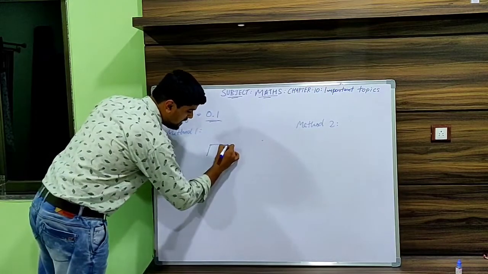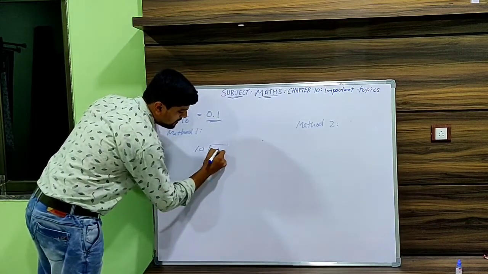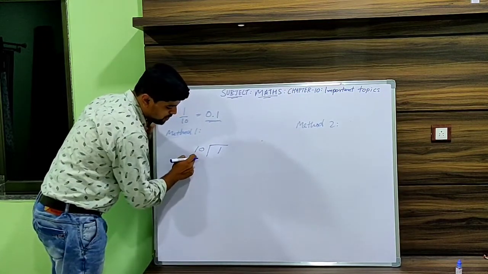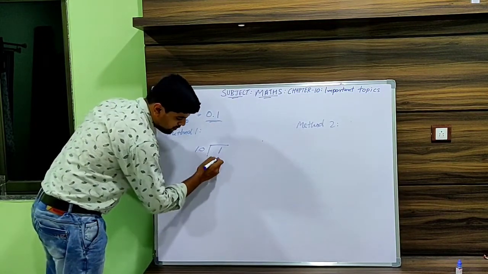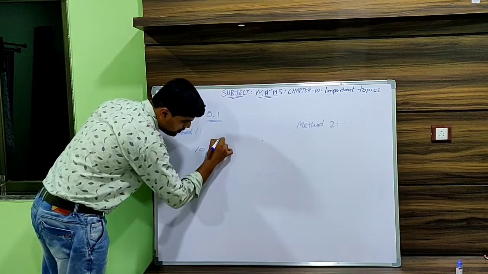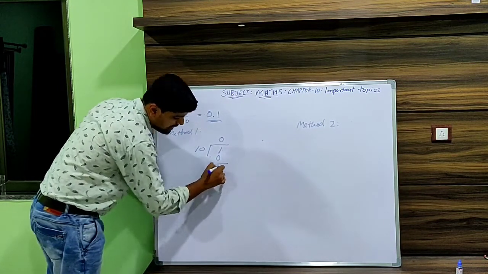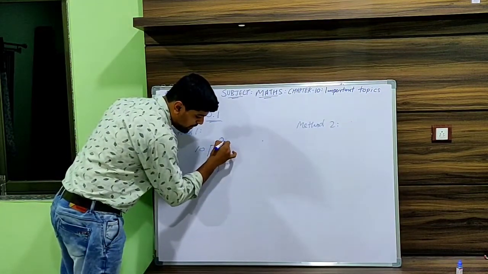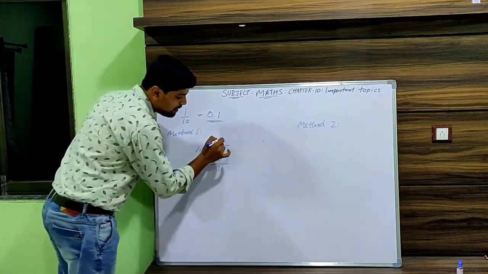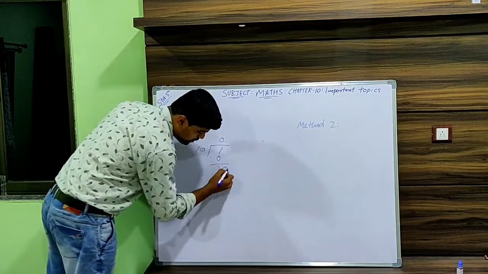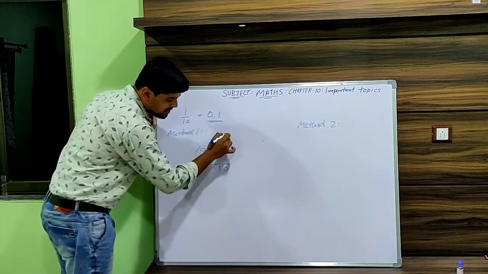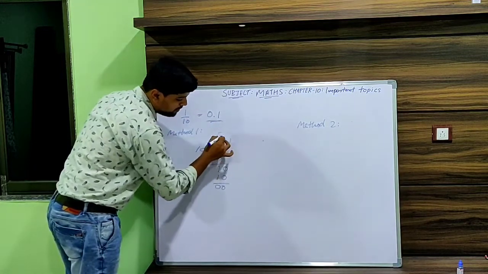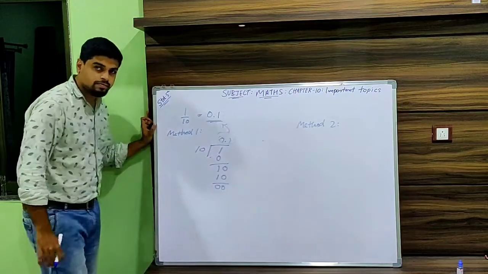We have to simply divide 1 by 10. If the dividend is not divisible by 10, we have to multiply it by 0. So here 0, and again the dividend comes as 1. For that we have to put a point here. Okay, we put the point, and we can take 0. So here 10 ones are 10. Is it clear how 0.1 comes?